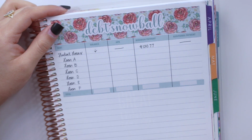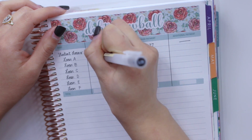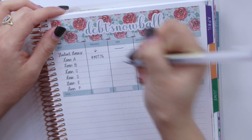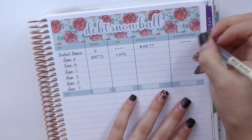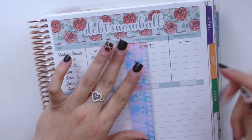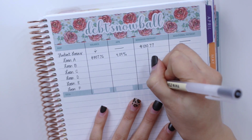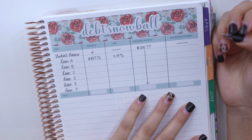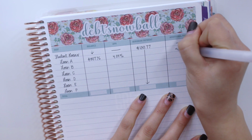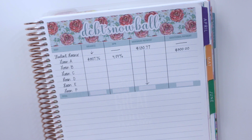Okay, so the balance of loan A as of now, the end of March, is $807.76. The APR for this one is 4.04%, like I mentioned. And then I'm gonna make an arrow, sorry. That minimum payment is for all of these. And then the additional payment that I paid towards my loan A was $300, which $300 is not a lot of money. I am well aware of this, but I think me putting $300 right now is better than what I was thinking in the beginning,